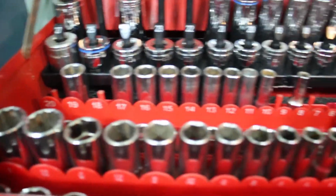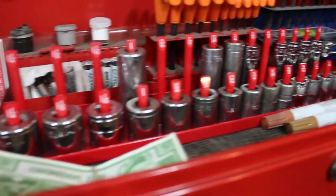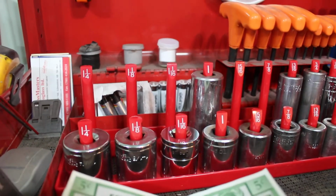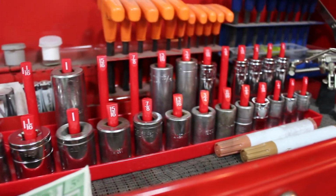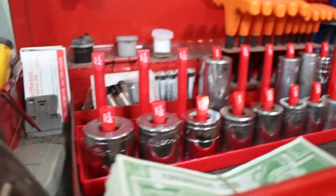I wasn't going to, but I started to fill in the SAE rack. I had most of them anyway, so now I'm just missing some deeps, some of the bigger ones, mostly. I don't use a whole lot of SAE, but if I have that many, I may as well fill it in. What the heck. My next step after Christmas, though, is to get a bigger box so I can take, instead of having sockets there,